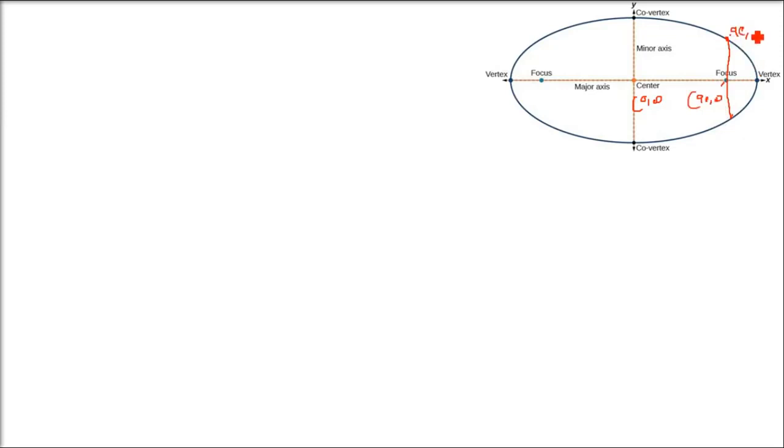So if this is the focus ae comma 0, the x will be ae, because you see from 0, 0 to ae comma 0. I'm making it at the focus because the line which is passing through the focus will be the latus rectum. We'll have a direct formula. So x square by a square plus y square by b square equals 1. In place of x, we'll write ae, because it is passing through the focus parallel to the y-axis. So x as ae put, y we don't know. You can put it as SL or you can put it as y also. So you have y square by b square equals 1 minus e square.